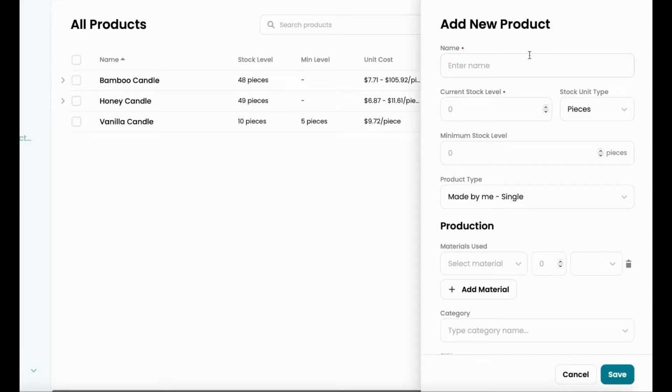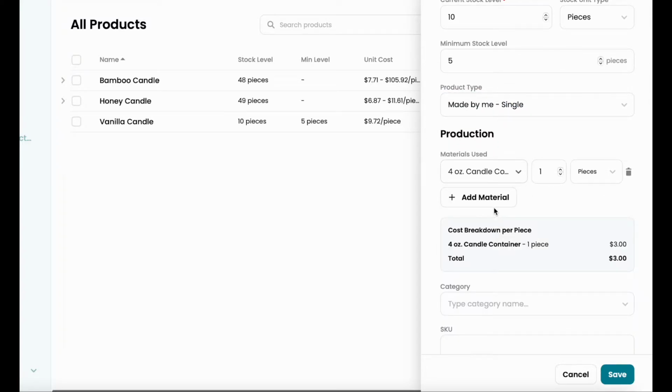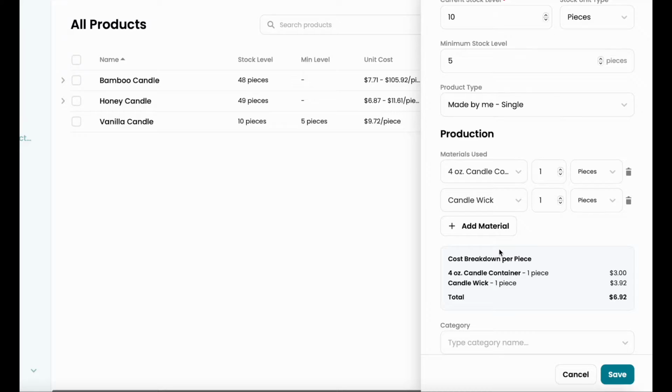Click on Add Product. Put the name of the new product. Put the current stock level and the minimum stock level. Choose the product type Made by Me single and start adding all the materials that you're going to use to